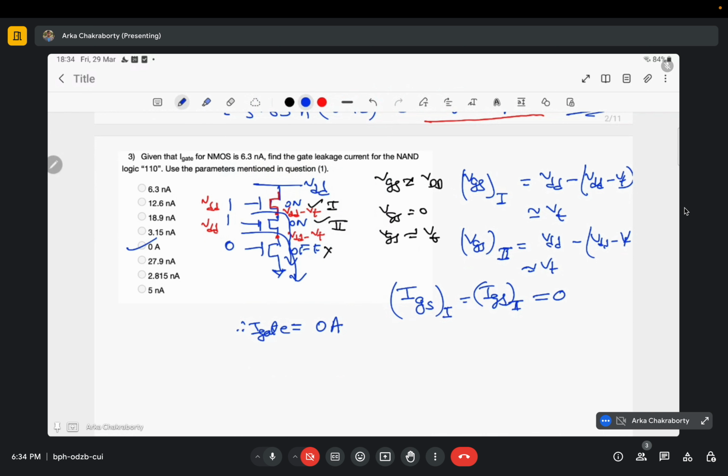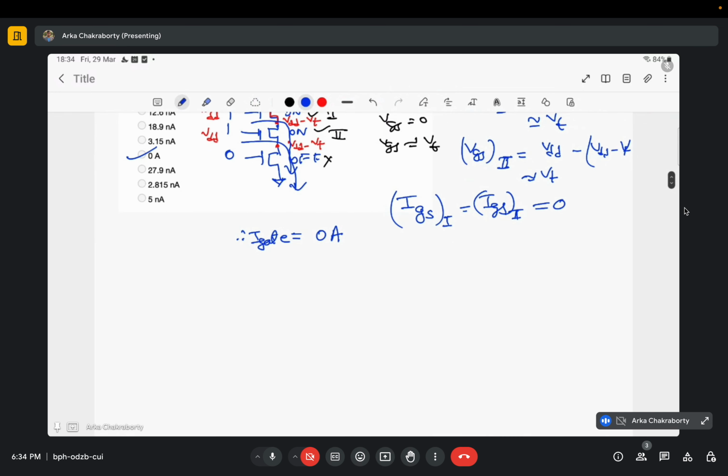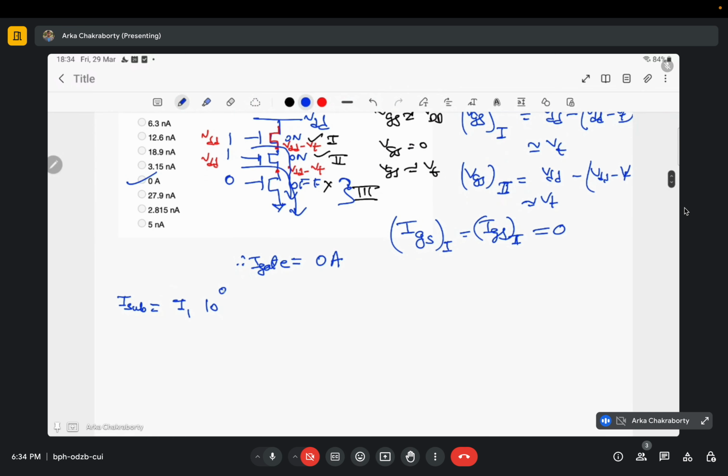Now it has not been asked here to find the subthreshold current, but as the question has been given, let us also find the subthreshold current here. It would be easy, because only one transistor is off here, I have to consider this transistor only, let me call it transistor 3. Subthreshold has not been asked, but I am finding it, because the more we practice, the better for us. So I1 10 to the power VGS, VG is 0, VS is 0, plus eta is 0.1, VDS,